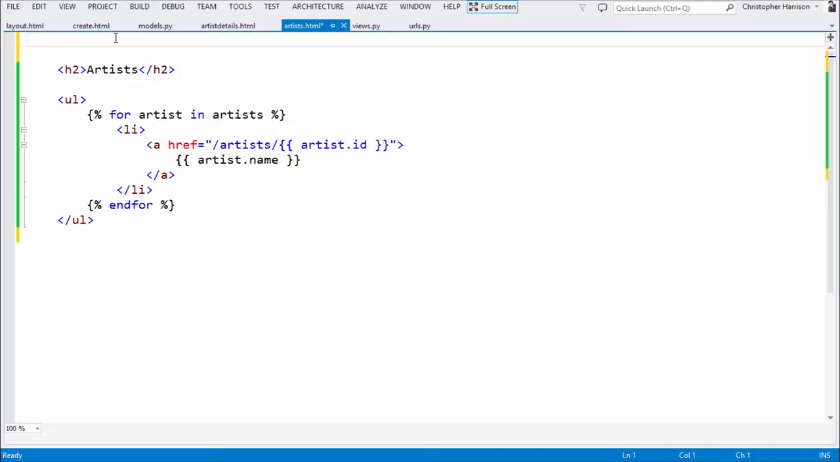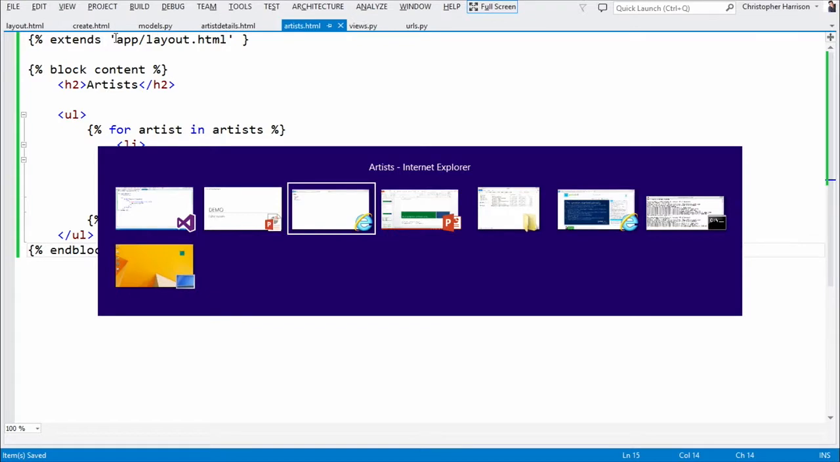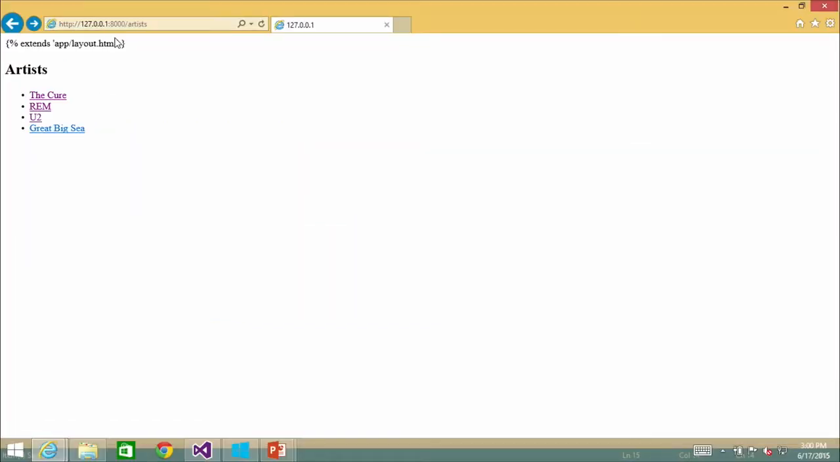And so all I have to do now is simply say curly paren extends, and then let's say app layout.html. There we go. And then let's say block, and it was called content. And then let's come right down here, and say end block, just like that. Beautiful. So now if I save that page,